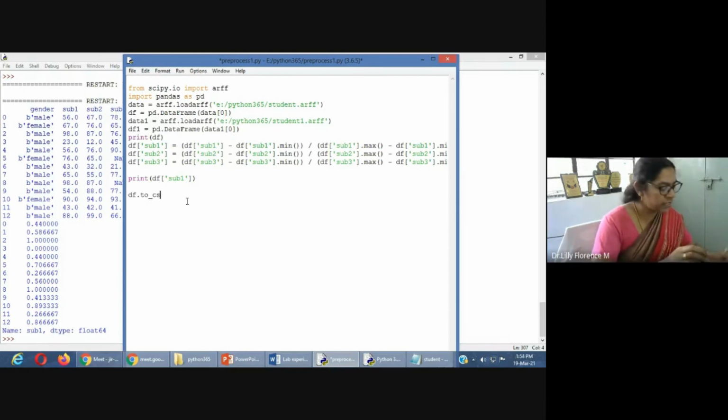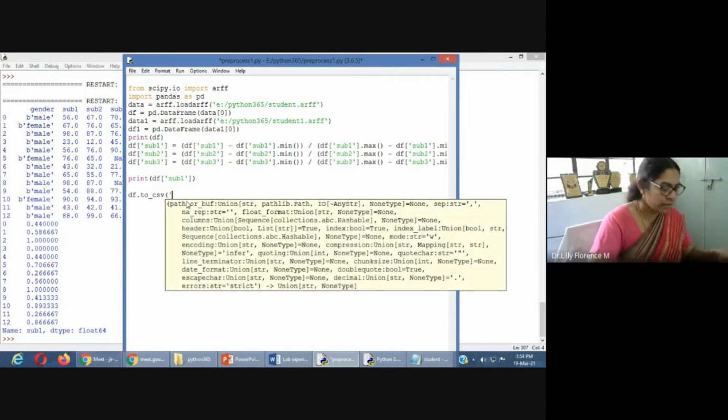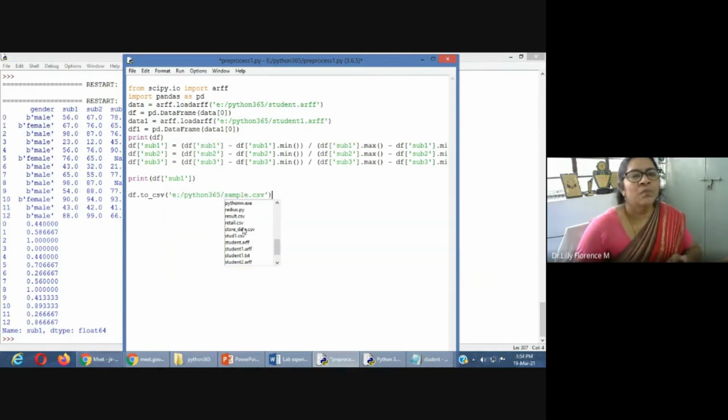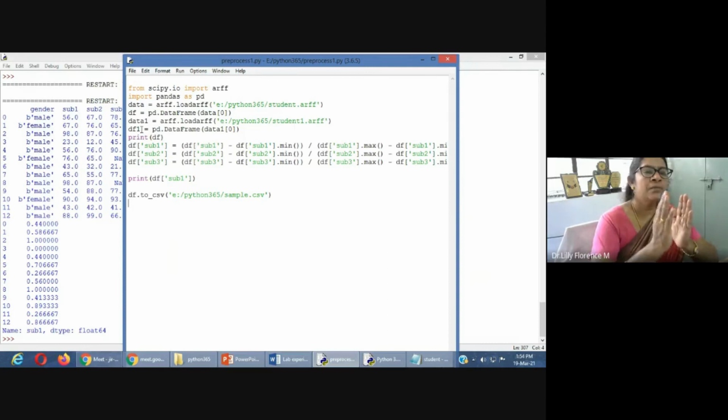I am storing the file in my local drive, in the python 365 folder, and the name I am giving is sample.csv.